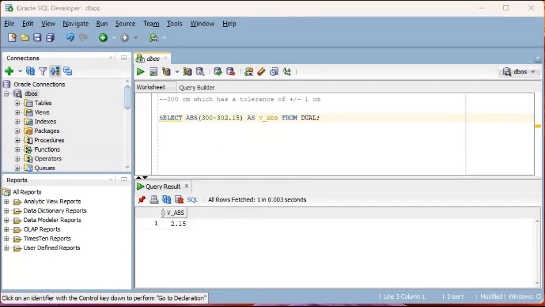Let's try another value, which would result in a value within the tolerance. So select ABS, absolute 300 minus 299.02. Okay, let's compute this. You can see the difference is 0.98. Again, the absolute function was applied to it, but regardless, even if we put it this way, 299.02 minus 300,